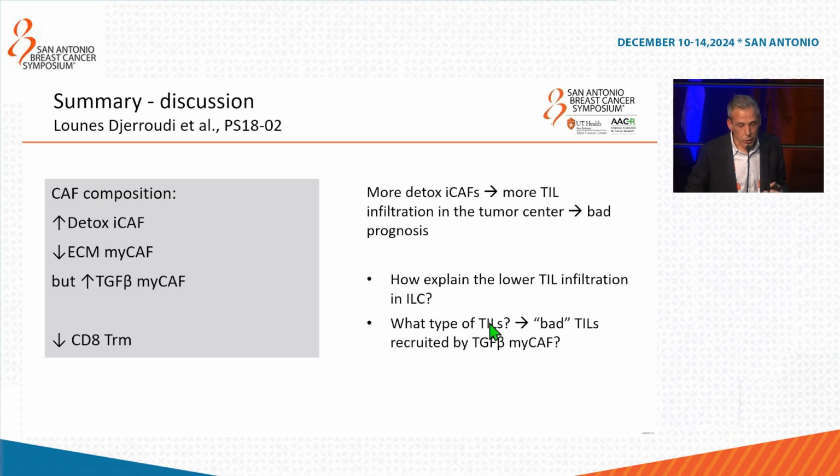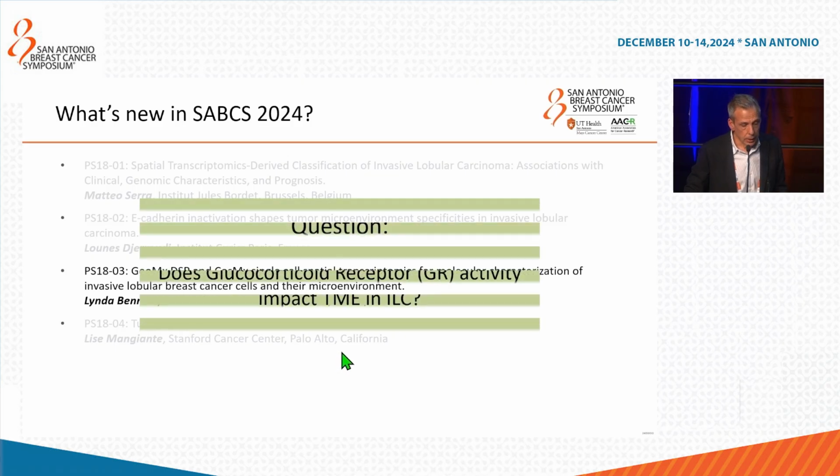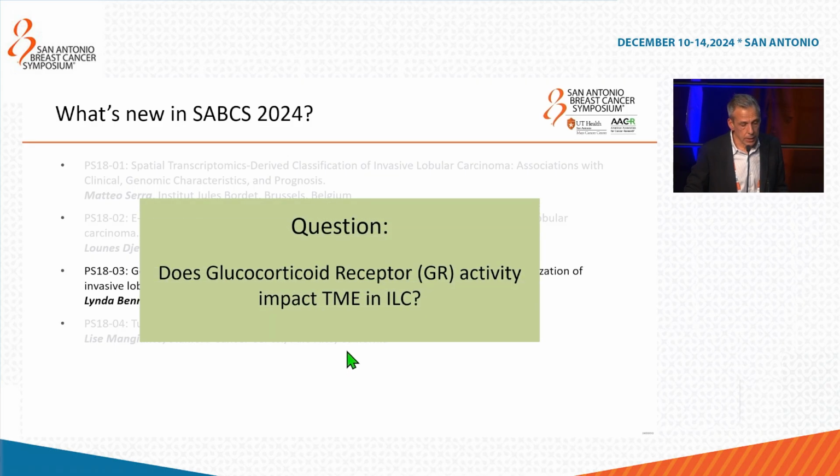So I have some questions here. We know that there is less CD8 TRM, but there are many other T cells, Tregs and many others, that we would like to know about, and that may explain this immunosuppressive microenvironment in lobulars that we don't see in ductals. Now, the third abstract is regarding the question: